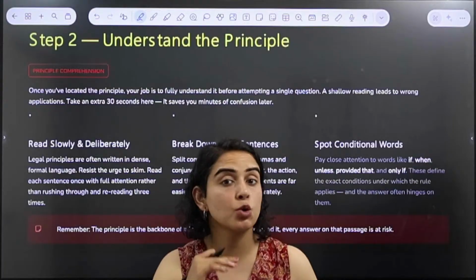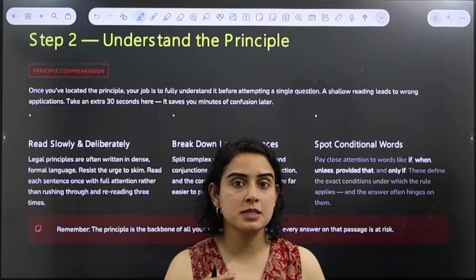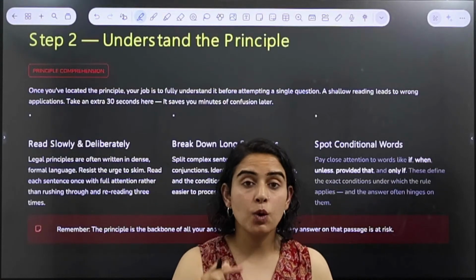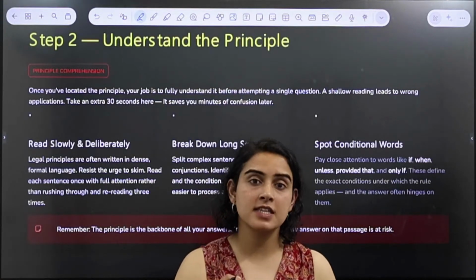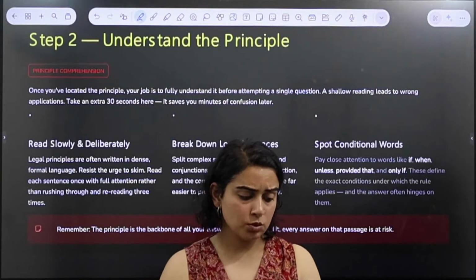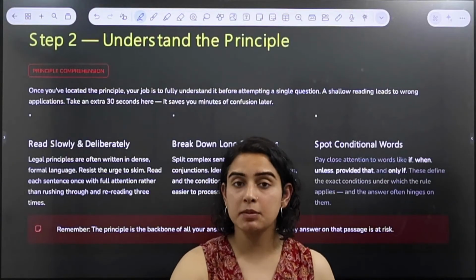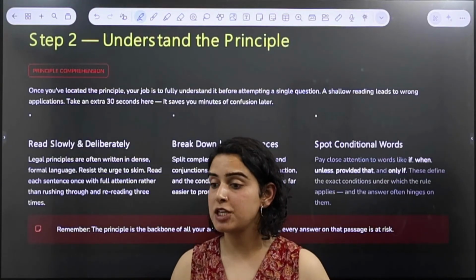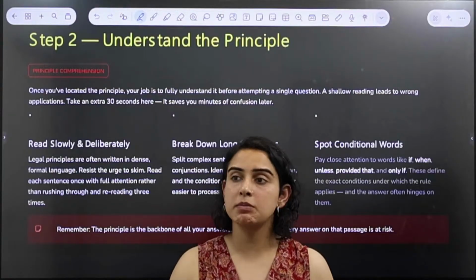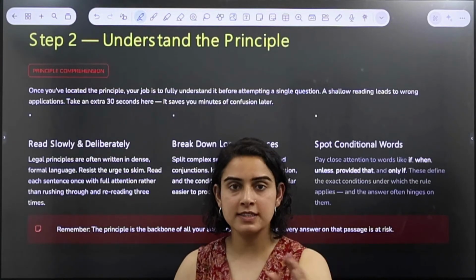Because it is a crime, no matter what other things say. So understand the principle carefully, what exactly it is conveying. If it is saying that this specific thing is criminalized and punishment of 3 plus years or minimum 3 years will be given to the culprit, in that case, understand what exactly it is trying to say.